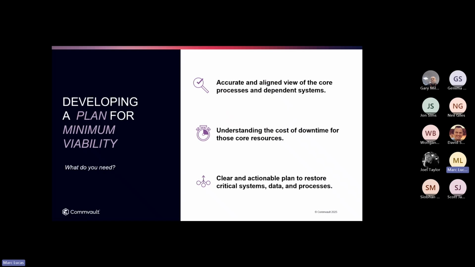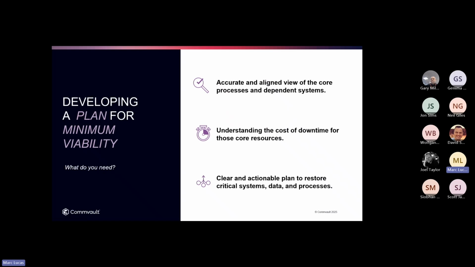The first one is sitting down and thinking, and we're going to break this down in just a moment. What are the core processes, the data, the dependent systems that we need to think about, and really making sure that they've identified all of that. And once they've identified it and they've got their cyber recovery plan in place, then they need to test it, because testing it will really identify that there's not something fundamental that they've forgotten about, that they actually need to include in those core processes and dependent systems as well.